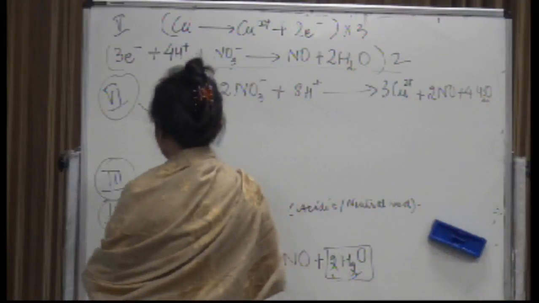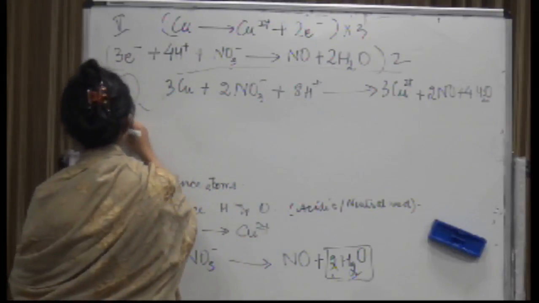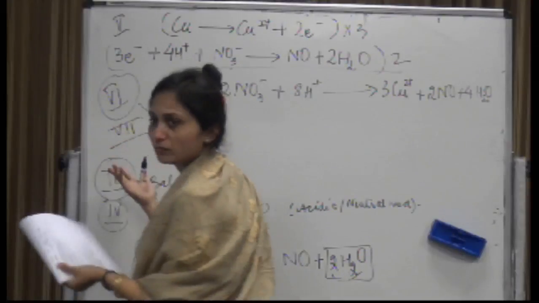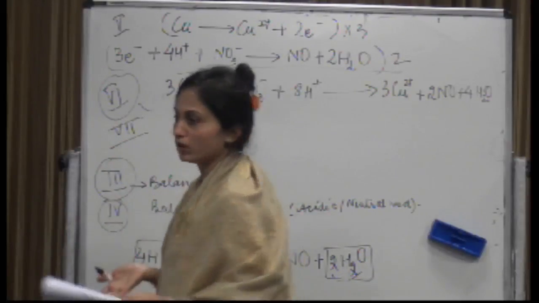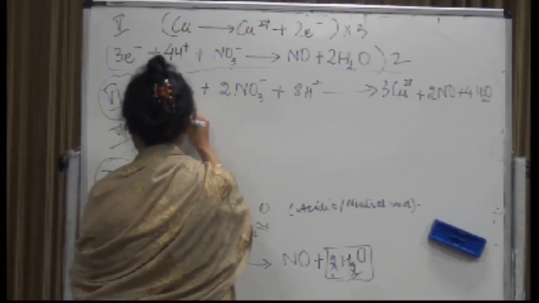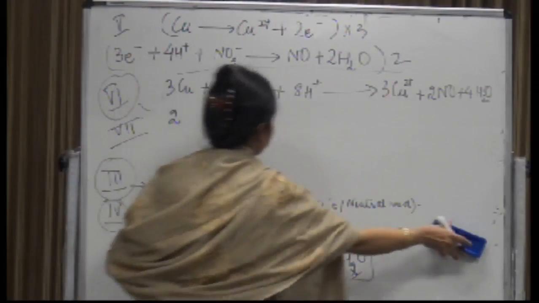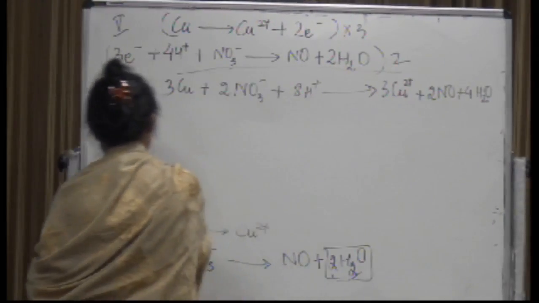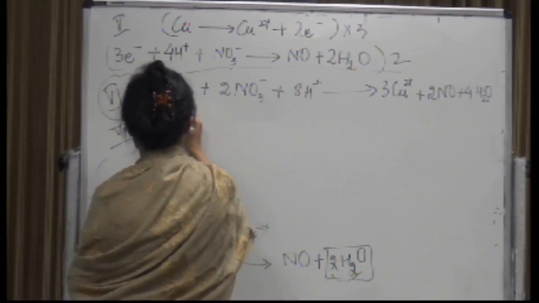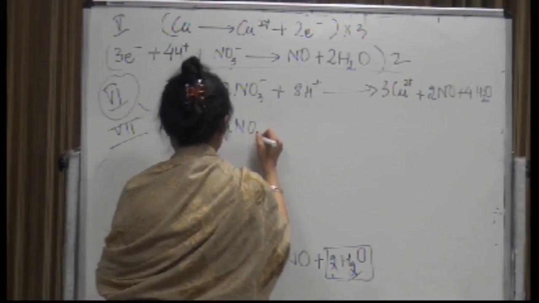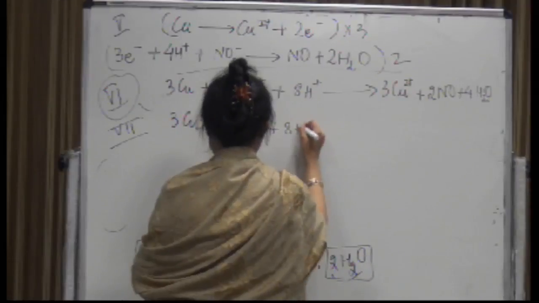Now, convert the ionic equation into molecular. This is last step, probably the 7th or the 8th. Matlab, you just have to follow the protocol. In this case, now let's add the spectator ions. Let's see what is the spectator ions. Look into the main reaction once again and try to make it out for yourself. You have 3Cu plus 2NO3 minus, ठीक है, plus 8H plus